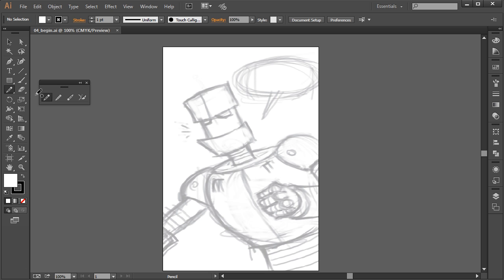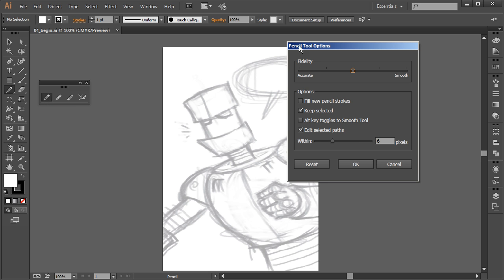Now we also want to make sure that we have the settings where we want them for this pencil tool. So let's go ahead and double click, and that will show us our pencil tool options. For our fidelity, it's very similar to the paintbrush, and maybe some differences are that we don't have pressure settings, because with the pencil tool we only have the option of having a 1-point stroke and a uniform stroke. And even if we were to change this up, so I'll come back to this later,